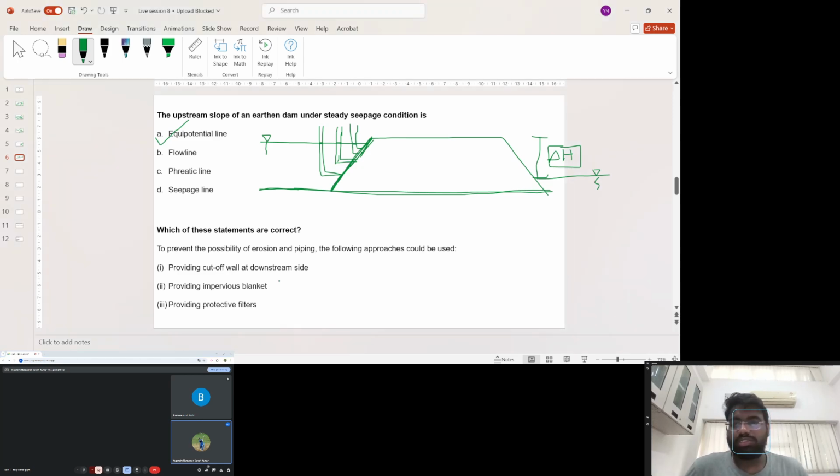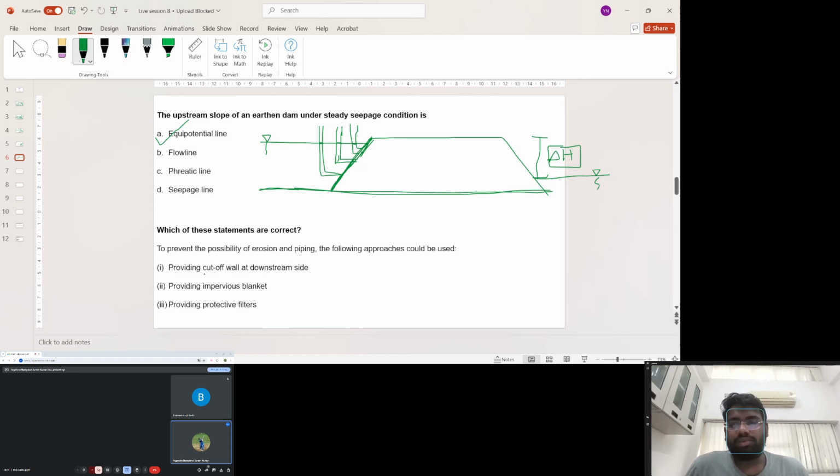So coming to the next question, to prevent the possibility of erosion and piping, which of the following approaches could be used? Providing cut-off wall at downstream side, providing impervious blanket, providing protective filters. So providing cut-off wall at downstream side,